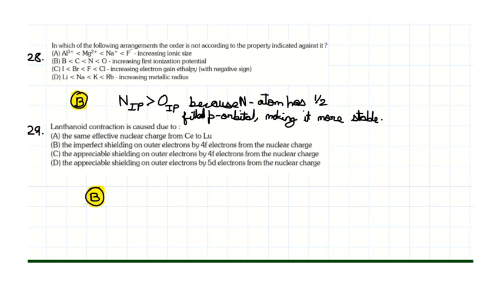Now we must note that the shielding effect for s and p orbitals is way greater as compared to that of d and f orbitals. Now the effective nuclear charge is not the same from cesium to lutetium. This must also be kept in mind when we solve the question.